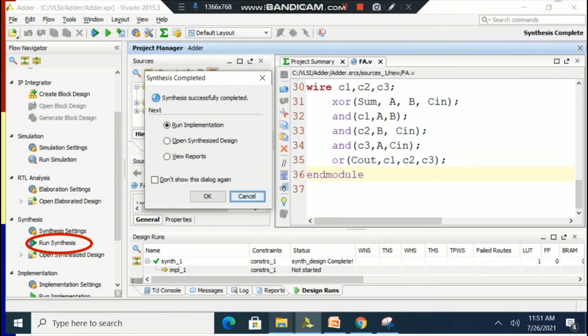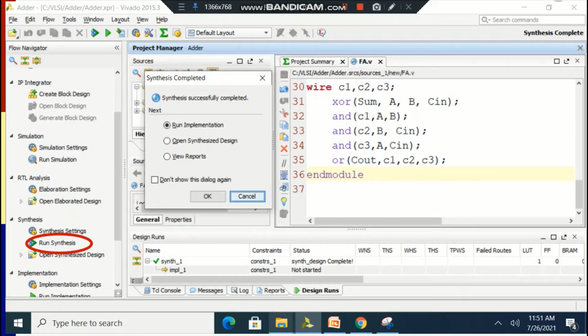So this C1, C2, C3, that will be the output of 3 different AND gate, and input of those AND gates are AB. In second case it is B and Cin, and in third AND gate it is A and Cin. Finally, OR gate is connecting C1, C2, C3 with the output cout, and module is ended.